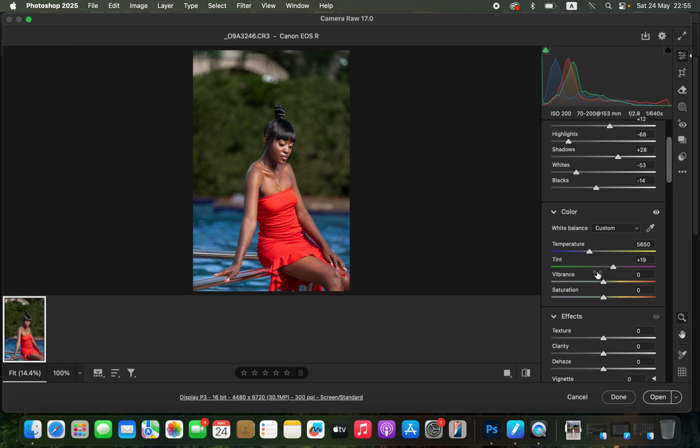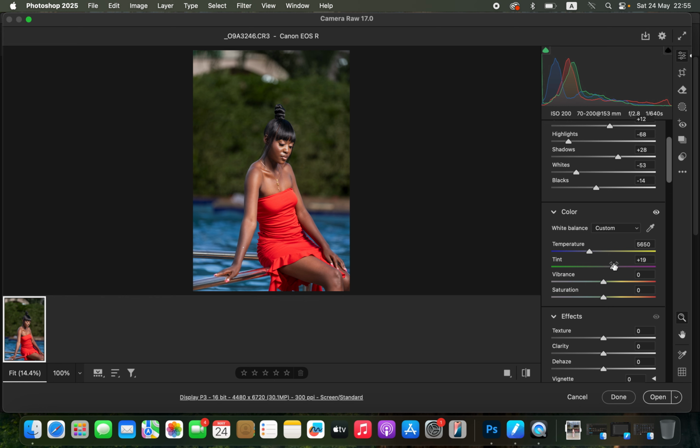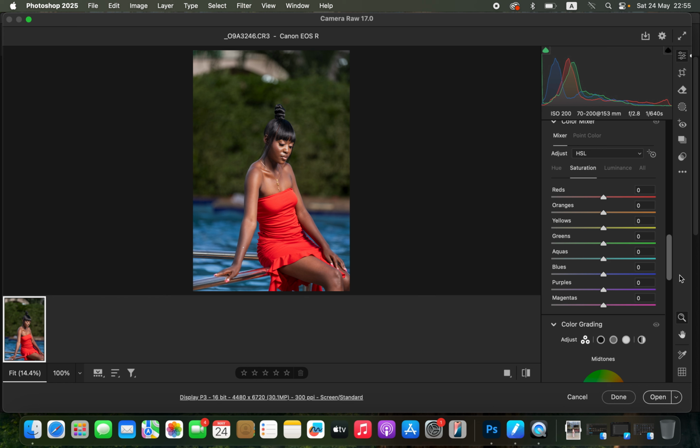So you have the option that says tint. Tint is basically, if you're having a green or magenta color cast in the image, you can play around with the tint. In case the color cast is a little bit green or magenta, you can reduce the greens by moving the slider towards the magenta side, or you can remove the magentas by moving this slider towards the green side to remove that color cast. So after doing that, I'll scroll down to our color mixer, and the majority of the magic